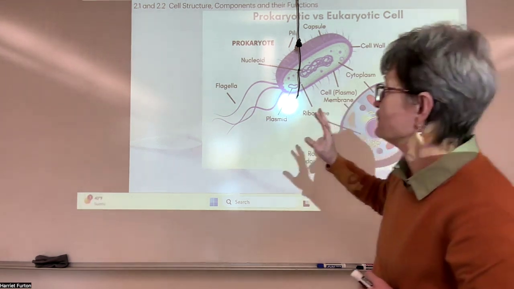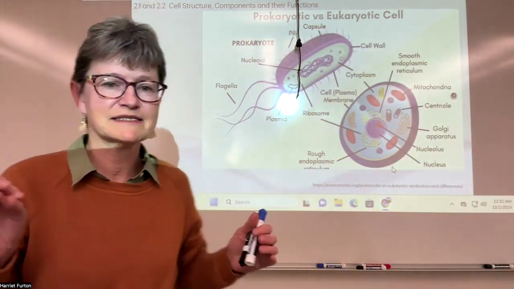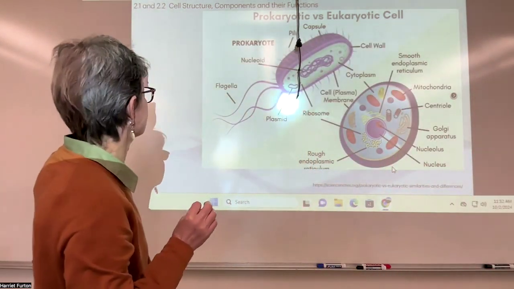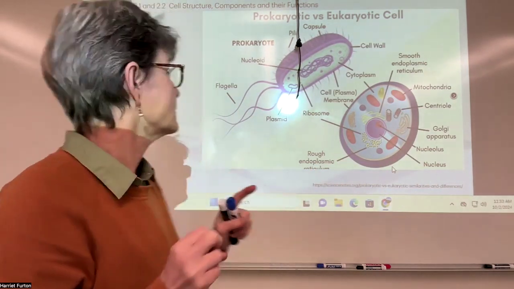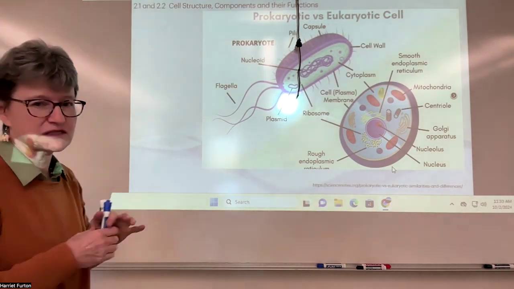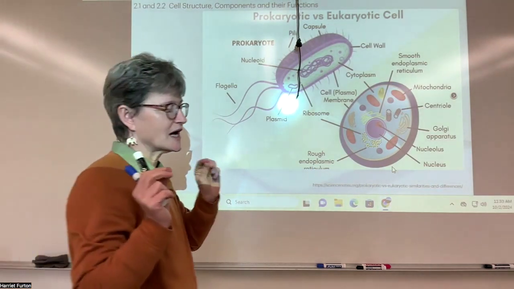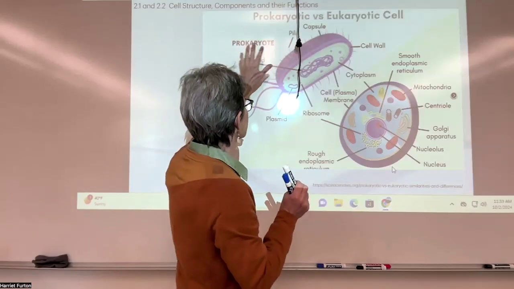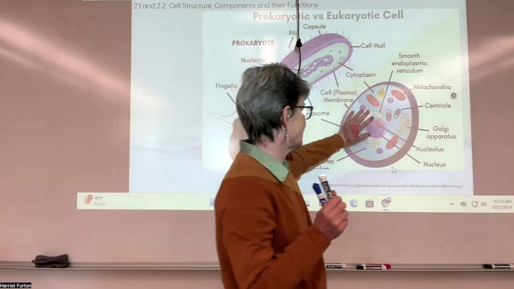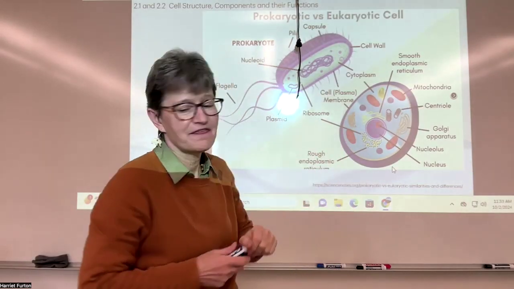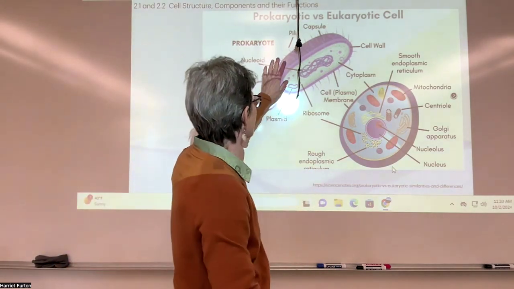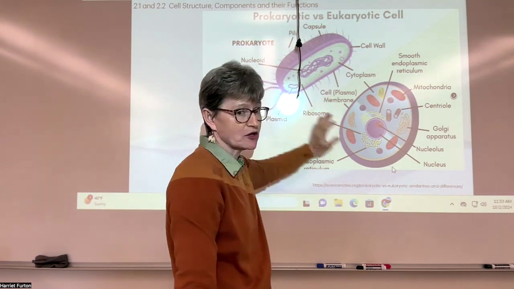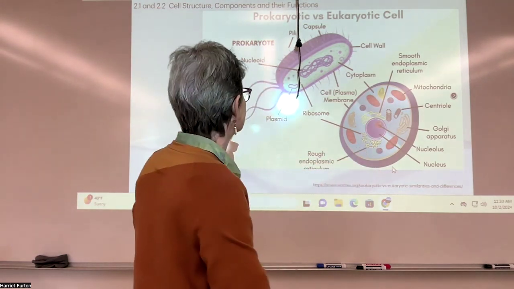So the second section in that unit is cell structures, components, and their functions. We distinguish two types of cells in biology: the prokaryotic cells and the eukaryotic cells. They look similar to each other, although the prokaryote is way smaller than the eukaryotic cell. Now,